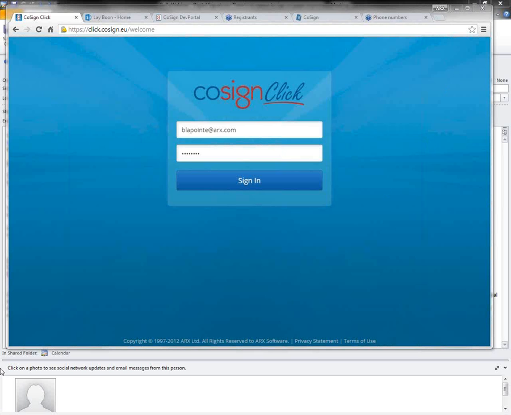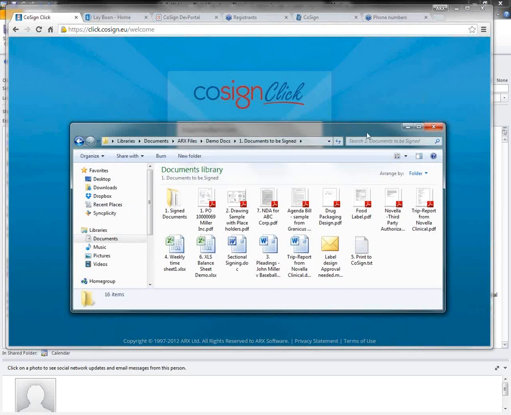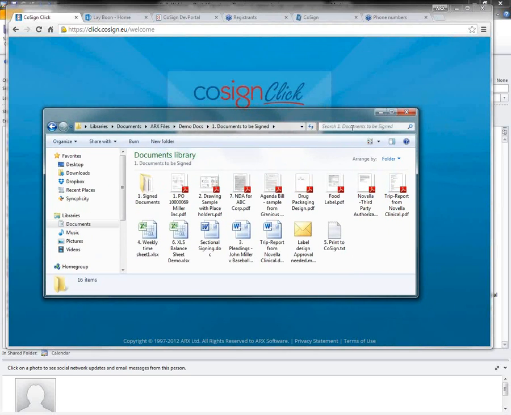So let's switch over. Here we go. So let's just start off. Signing with Cosign is very easy. Couple things here. I'm sharing a folder right now with several documents. You can see a collection of PDFs, some Excel files, some Word files, even this text file we can talk about in a moment too. But I do have this engineering drawing right here.